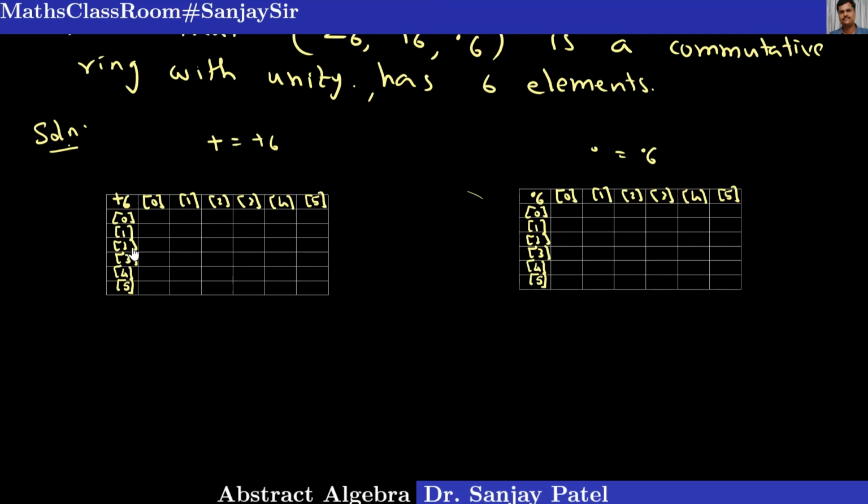See how to write the values. For example, if you take this class 2 and say class 4, then class 2 plus class 4, that value is to be written here. Okay. What is class 2 plus 6 class 4? So if we have to add these two, 2 plus 4, that is 6, but 6 is the same as 0. So we always have to write the value modulo the given number, that is 6 here.